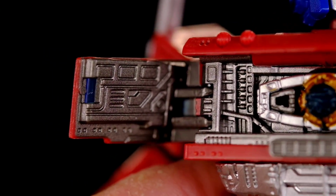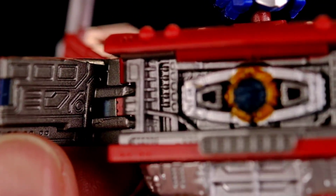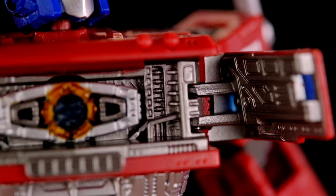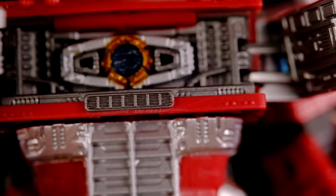But look at all the details on the interior of his little chest piece. Look at that. Just sculpted work all over this thing. All in there. Everywhere, man. That is crazy. And then moving on from there,